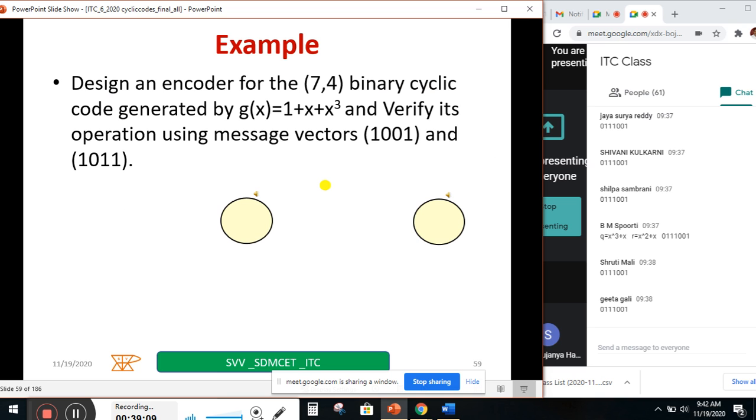Design an encoder for the (7,4) binary cyclic code generated by g of x equal to 1 plus x cube, and verify its operation using message vectors